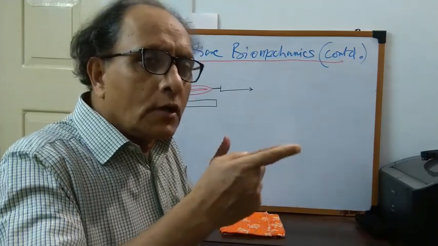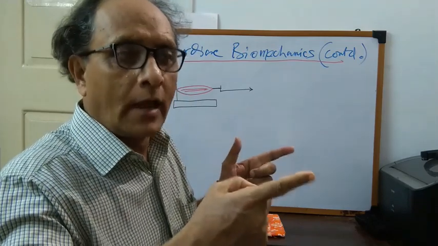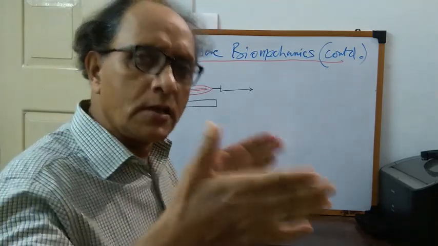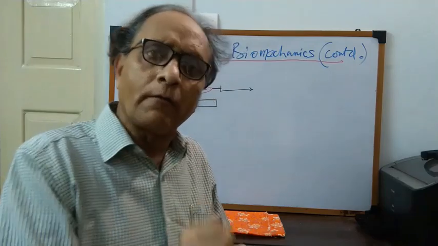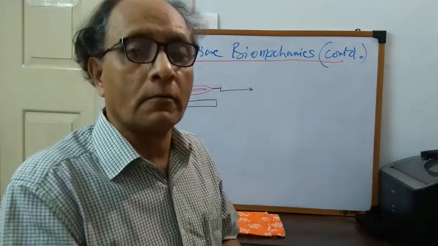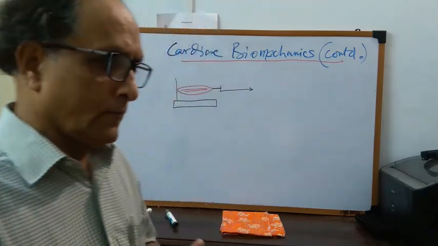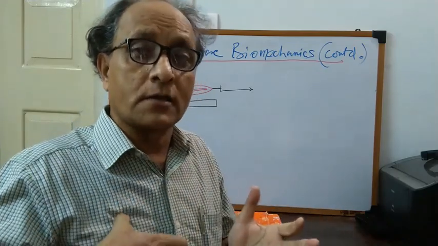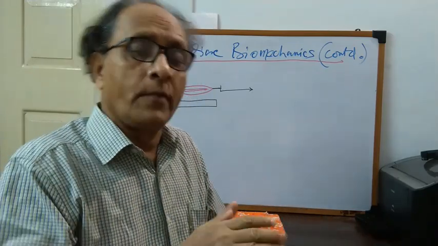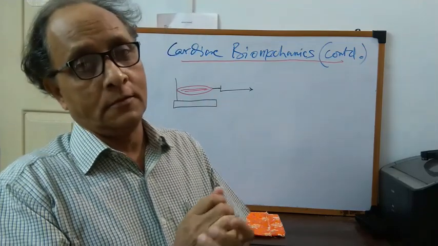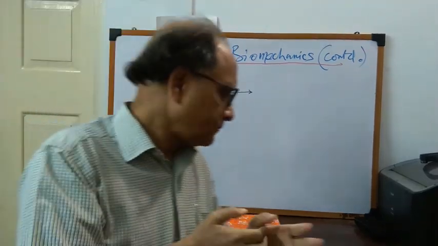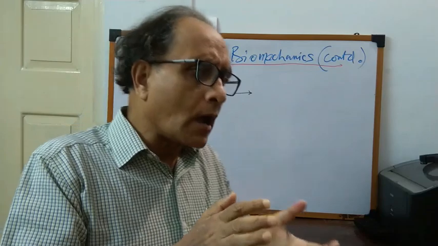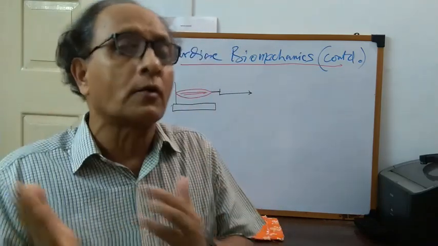And I am continuously changing the initial length and thereby verifying the effect of this changing initial length on passive tension development and on active tension development upon stimulation. And I also described how the active length-tension relationship curve is mainly operating in the ascending limb. Up to this much I described. Now today I shall start with the next part of it.